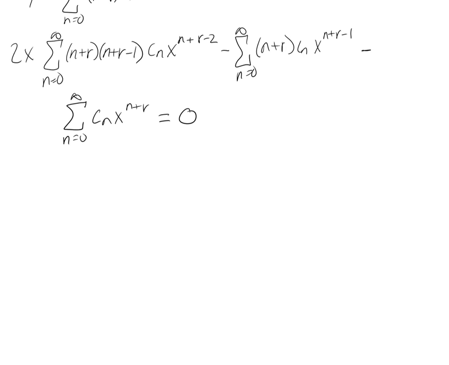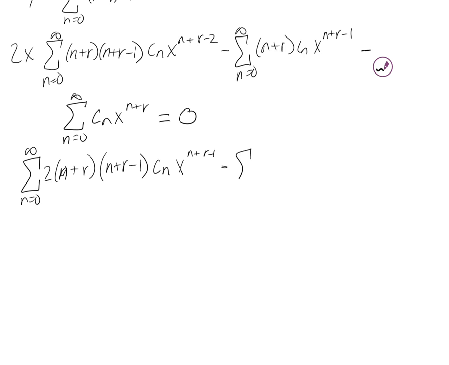After we substitute in the 2x, we will get the sum from n equals 0 to infinity of 2 times n plus r times n plus r minus 1 c sub n x to the n plus r minus 1,